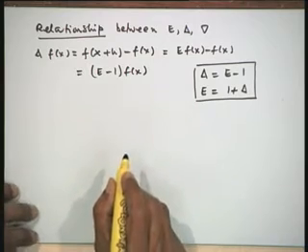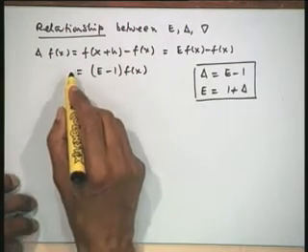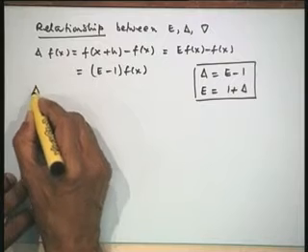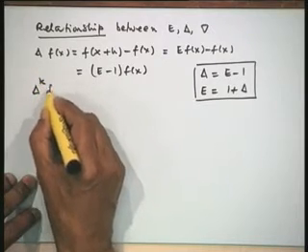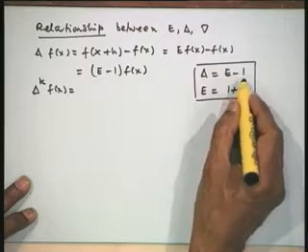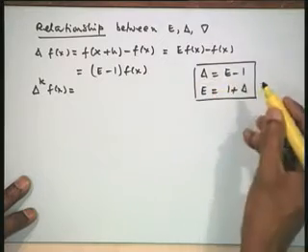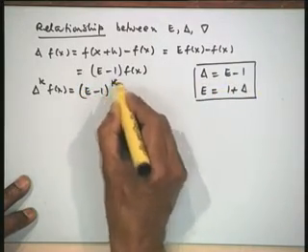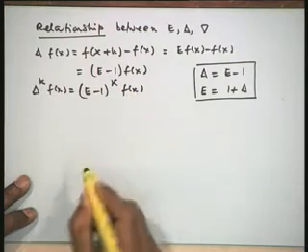Now, you would see that getting the higher order difference is very simple here. If I want delta to the power k of f x, it will be operating E minus 1 on E minus 1, and so on k times. So, this will be E minus 1 to the power of k, operating on f x.